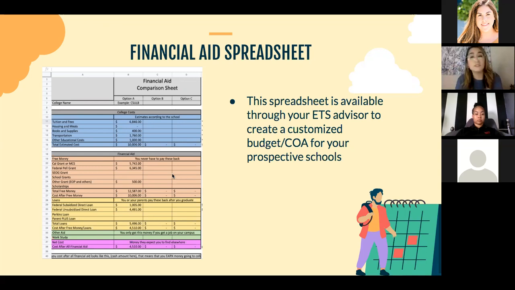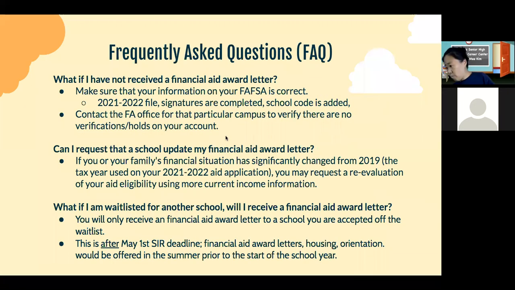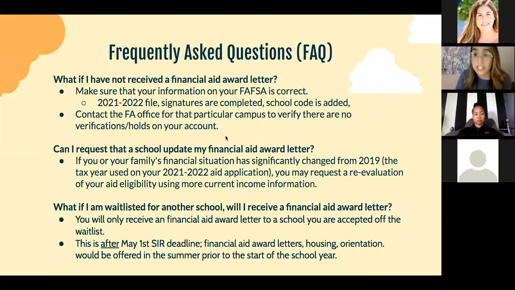And again, this is through your ETS advisors. So please make sure that you reach out to them, have your financial aid award letter ready, and for any of these costs, we can talk about whether they're accurate, or we can either increase or decrease them depending on your different circumstances. And so again, we know that this was a lot of information, right? A lot of different costs, a lot of different terms.